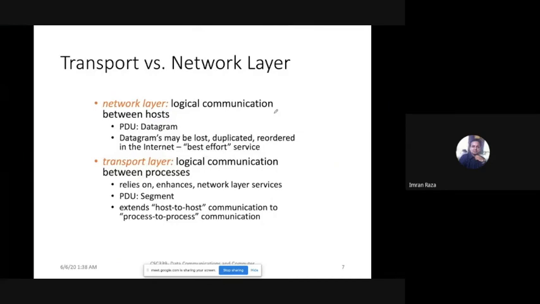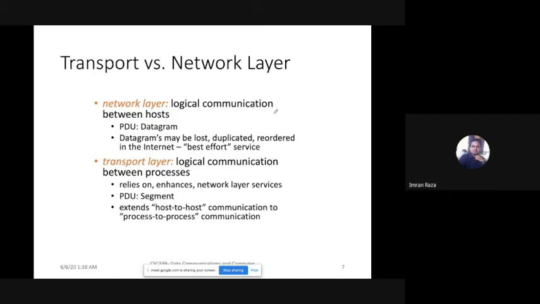And the protocol data unit at the transport layer is known as segment, right? So basically, the important thing is the transport layer extends the end-to-end communication provided by network layer to process communication. Obviously, we have covered this earlier as well, that upper layers use services of the lower layer. So the upper layer, in this case the transport layer, is extending the end-to-end or host-to-host communication to